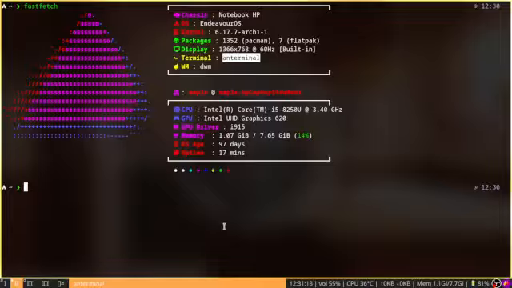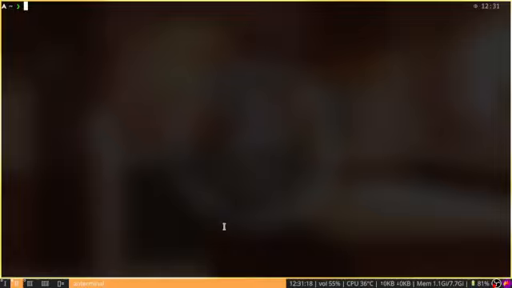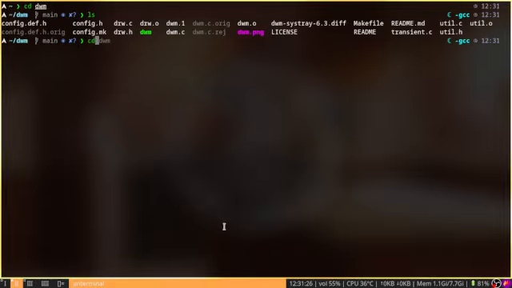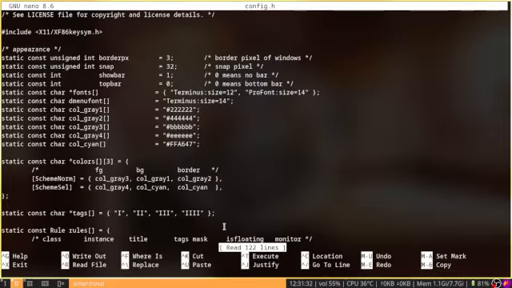So with that being said, I compiled my own DWM and DWM blocks with the help of ChatGPT a little bit. I know, I cheat, of course. Nano config.h. There you go. So here, for most people who don't know how to write or understand the meaning of